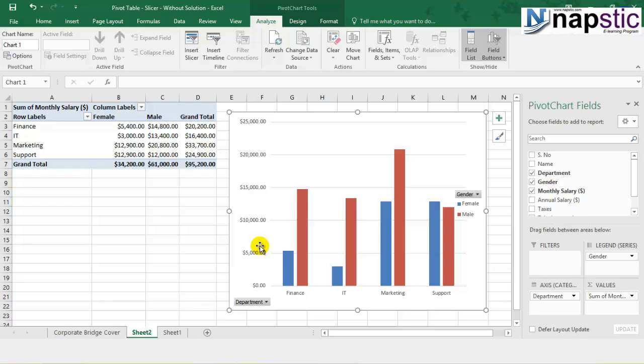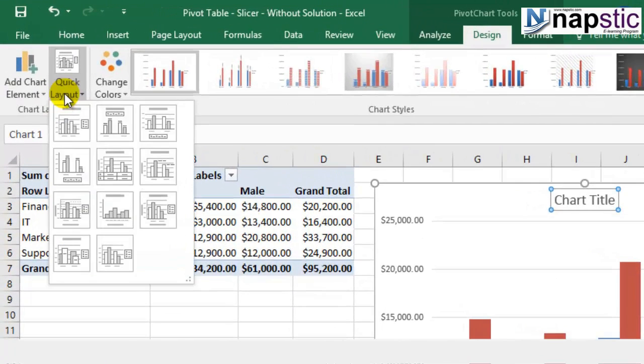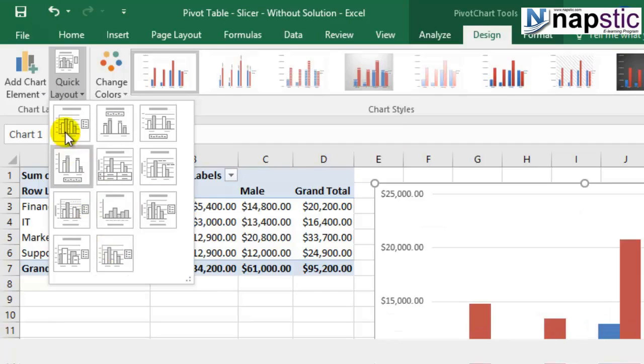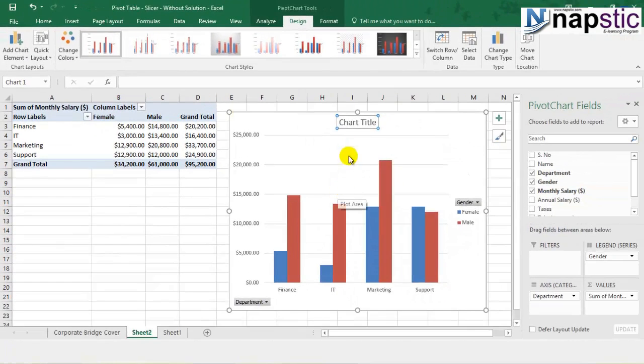There are additional features. If you want to add them, you can do that. Similar to the normal traditional charts, we have those options as well. Let's say if you want to add a title, we have various layouts that are available under the design tab. So you can choose the layout you want. Let's say we keep this layout and you want to provide a title to this chart, right? Like we do in the traditional charts. So you can write in monthly salary. Okay, so you can do this renaming over here, and it's quite easy, right?